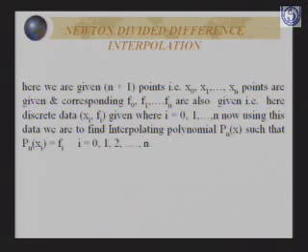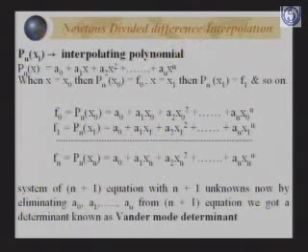As the terminology is already discussed, x are the nodal points and f(x) are the values of the function at those nodal points, so we are not going to discuss it again. Now let Pn(x) be the interpolating polynomial, and for different nodal points the expression which can be obtained will be a0 plus a1x plus a2x square